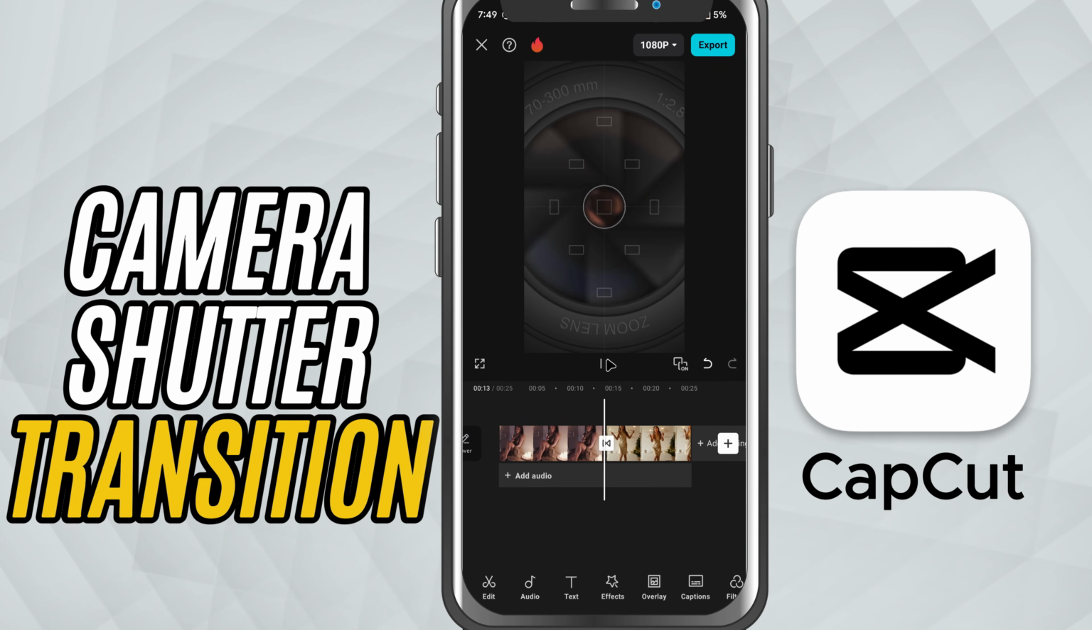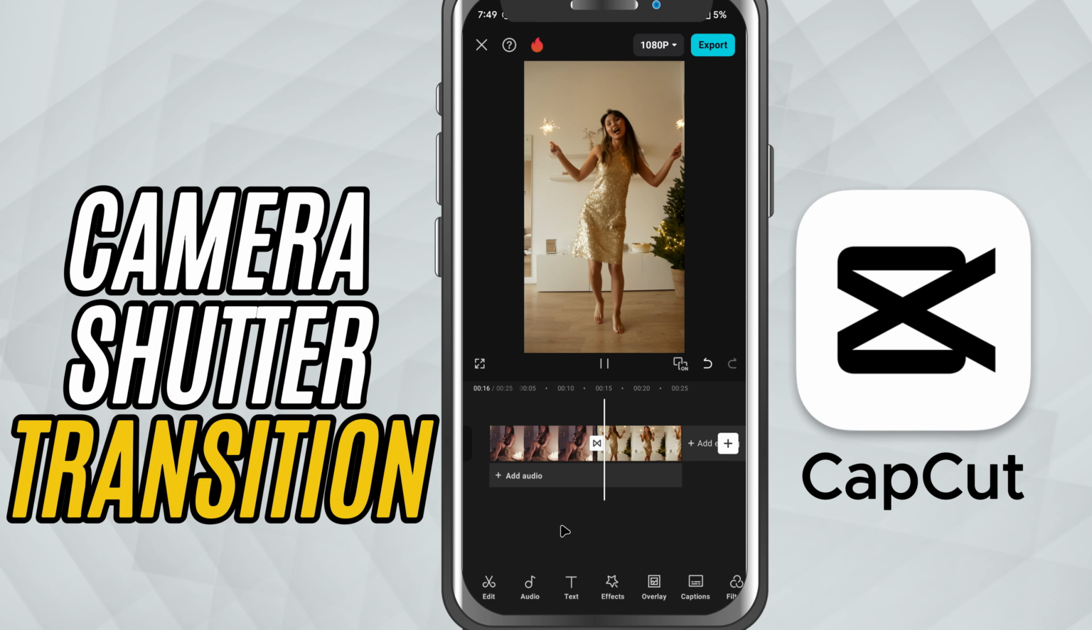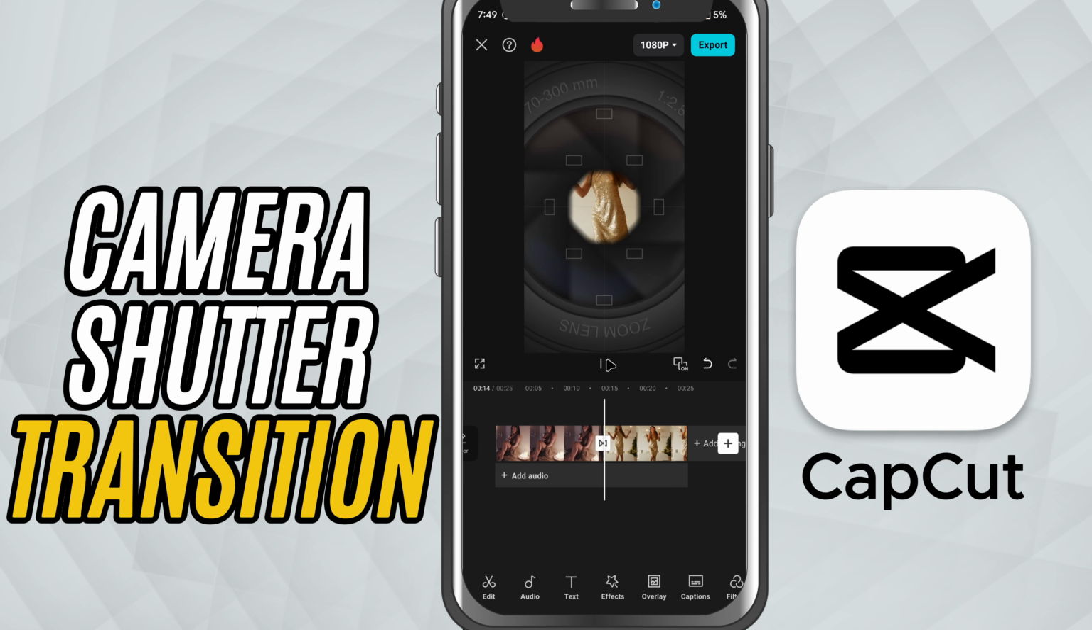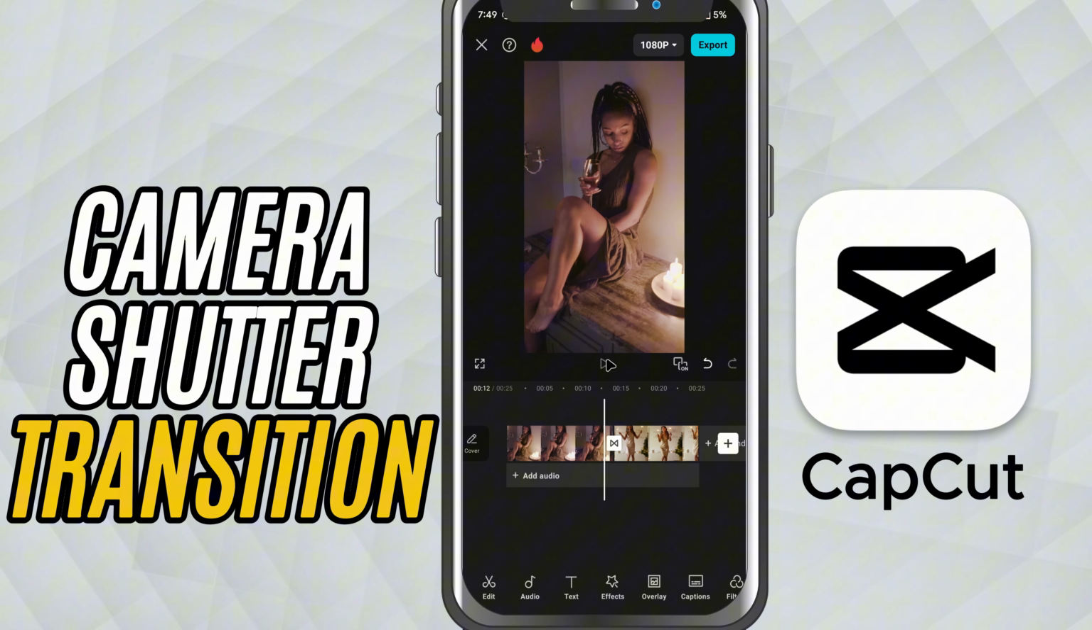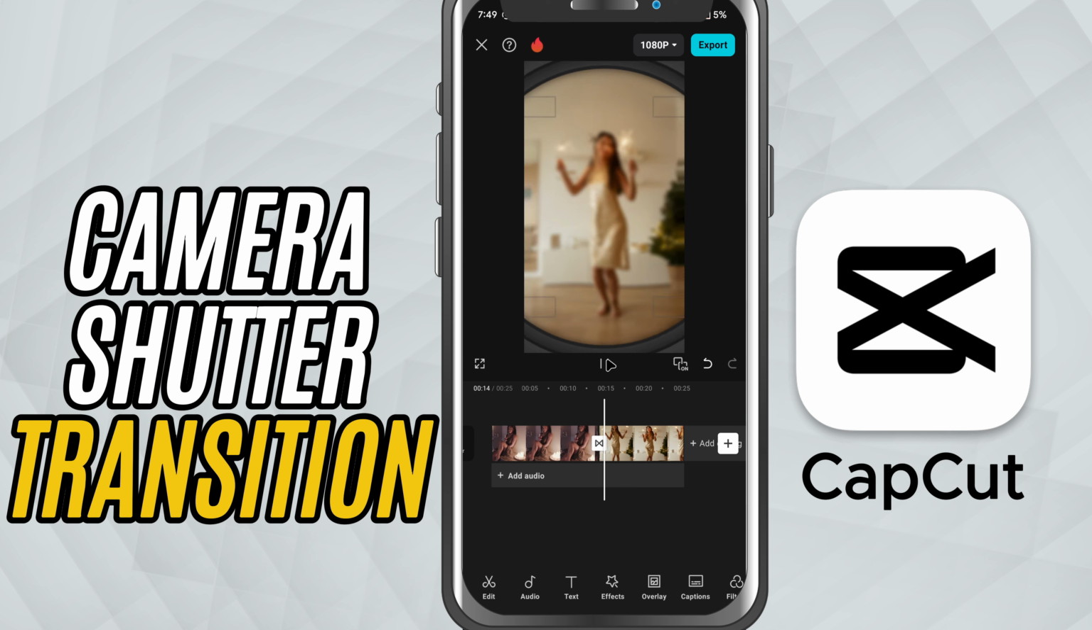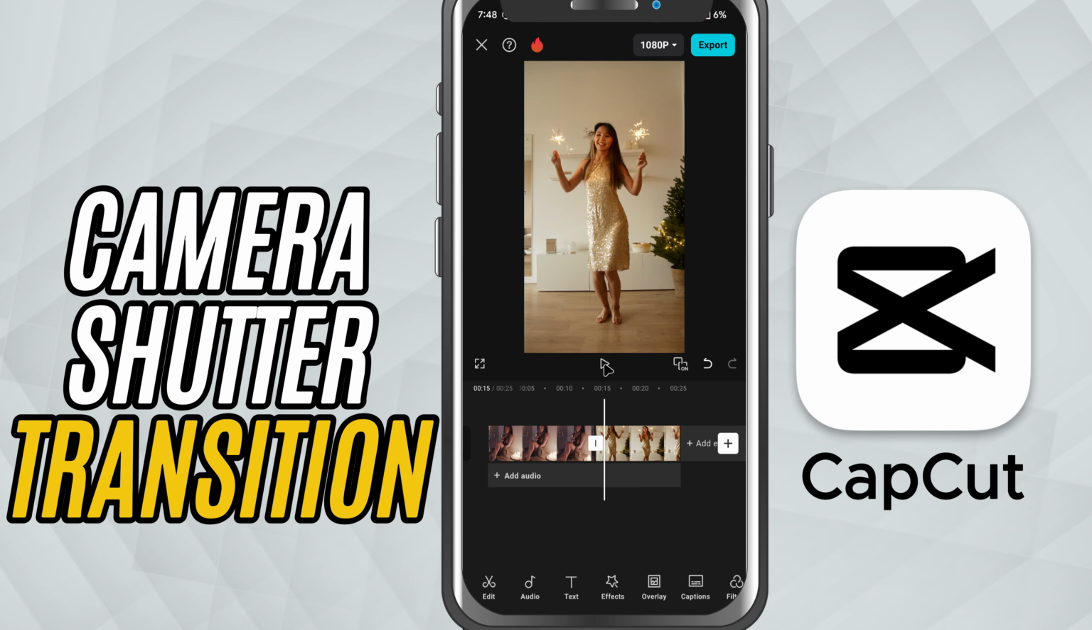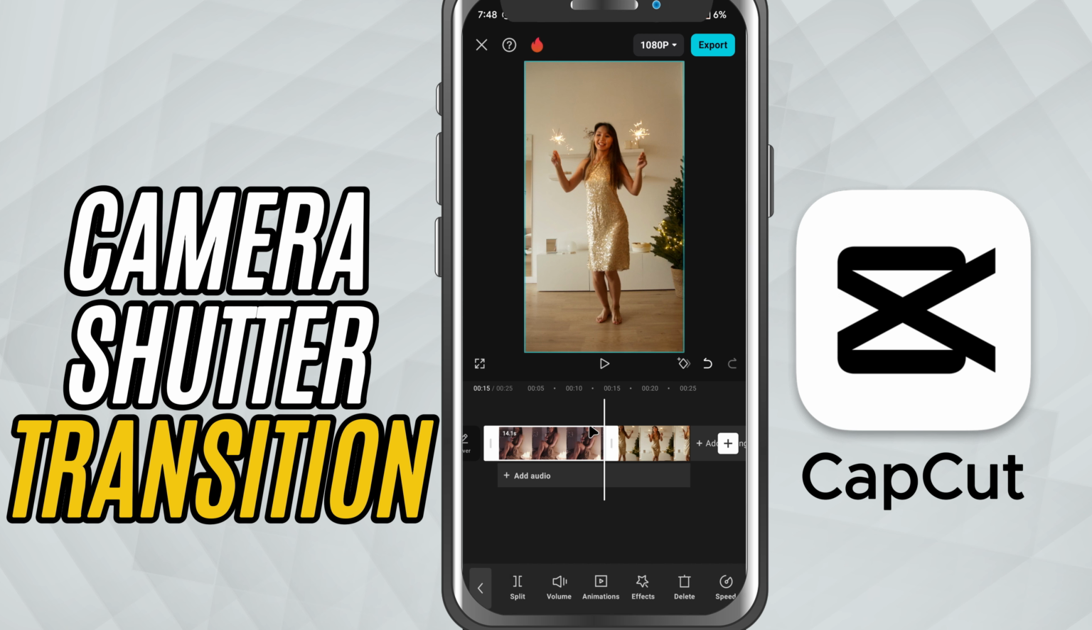Today, I'll show you how to create a stylish camera shutter click transition, the kind that looks like a flash just went off, giving your video a photo snap vibe. Let's get started. First, open your project in CapCut and make sure you have two clips placed next to each